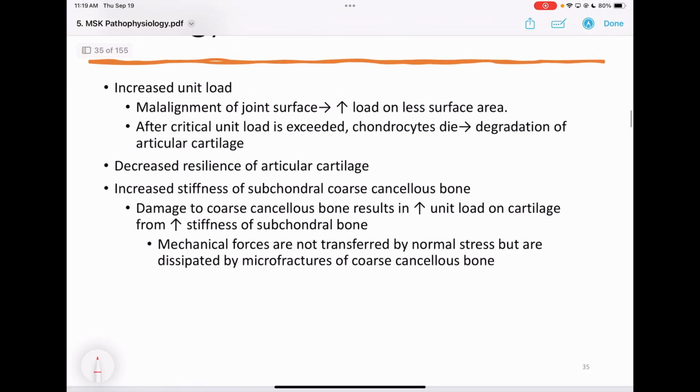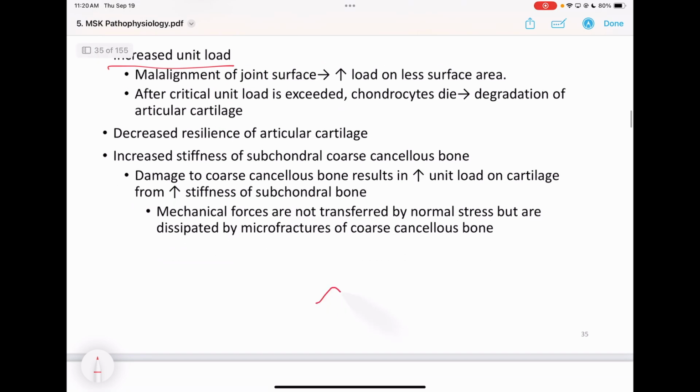Etiology: increased unit load. What does that mean? When we lose articular cartilage, the surrounding cartilage has to pick up the slack. Let's say this is what is left of our bone and our cartilage, and this is the next one, the one on top. Because we lost all that bone and cartilage there, that point and that point are now under increased stress